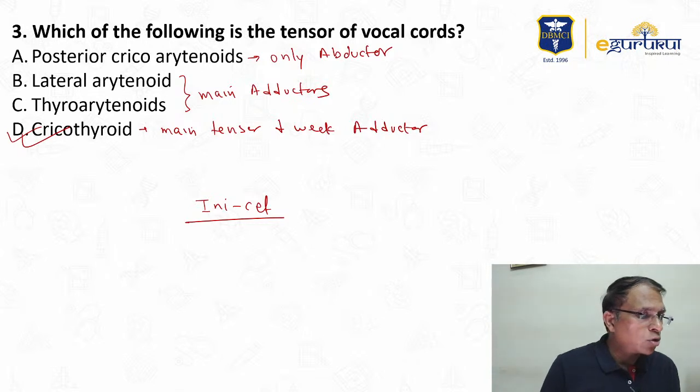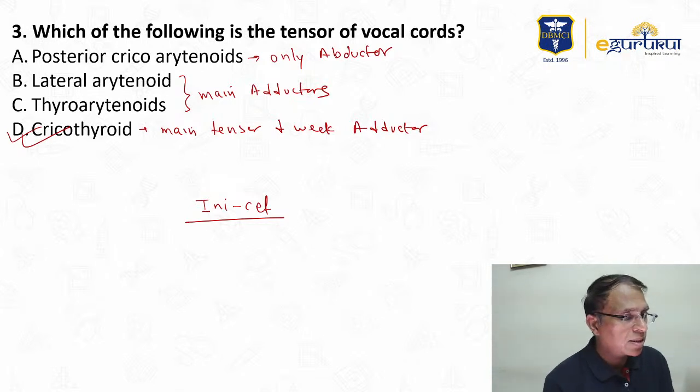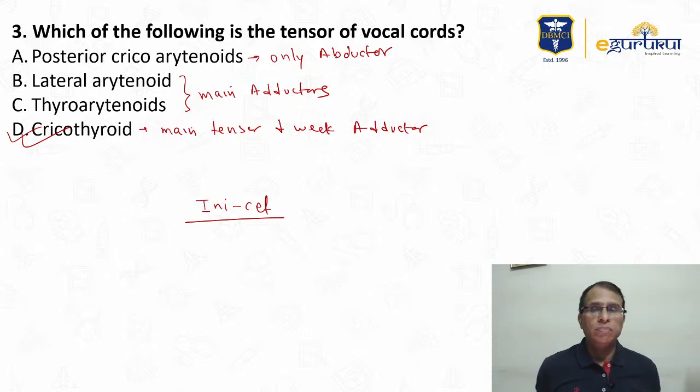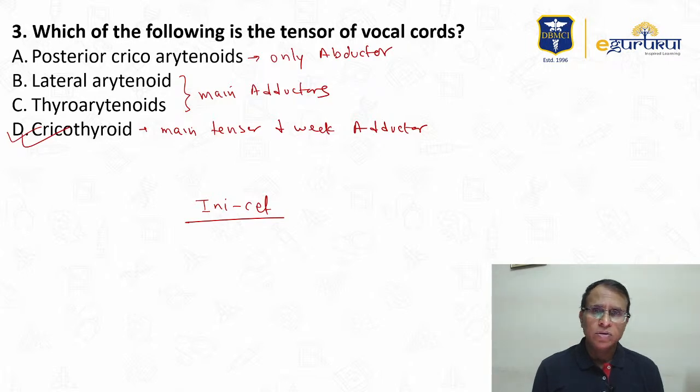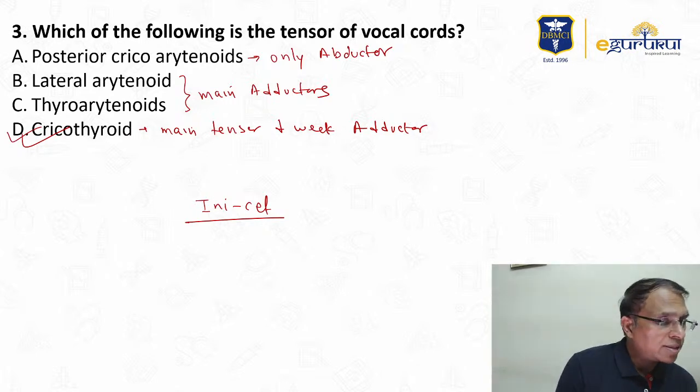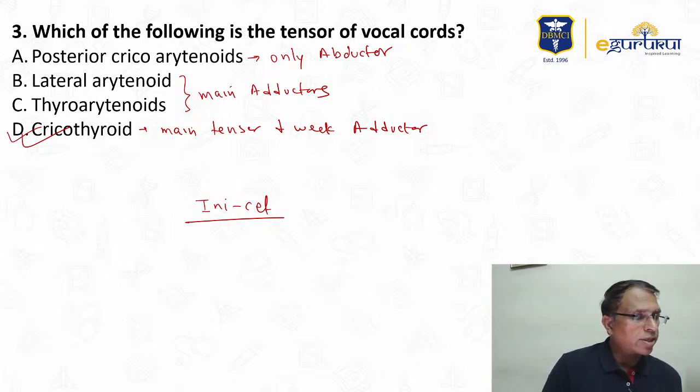Dharani Thakur, how do we implant in this case? I think you are talking about the brainstem implant. I'm assuming that. We do a surgery. We have to open up the skull, go to the brainstem, and go directly. You don't have to go through the ear, because the ear has nothing to do with this now. You can implant it directly from the outside. Tensor and weak adductor, yes. Cricothyroid, you are right, absolutely.